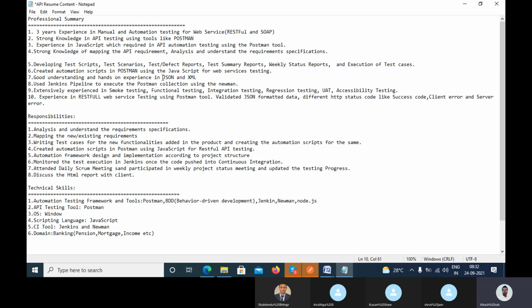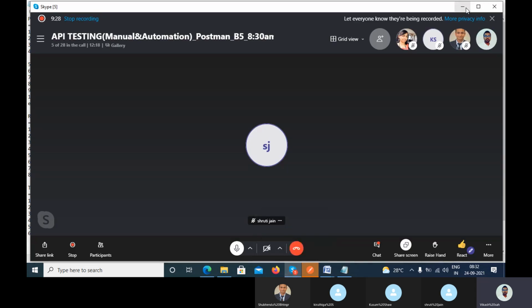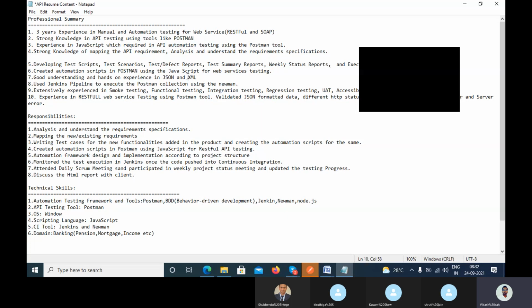If they ask where you have used JSON and XML, you say JSON you have used in the REST API, and XML you have used in some project you worked on. There was one project you can represent like that, which was only for POC purposes, proof of concept, for 2-3 months. That web service was related to SOAP web service, and in SOAP web service, we have used XML.